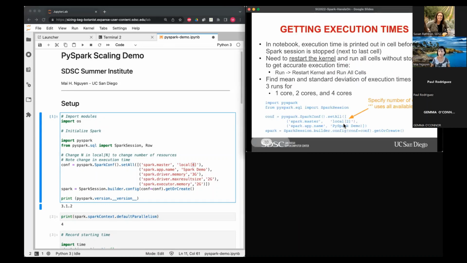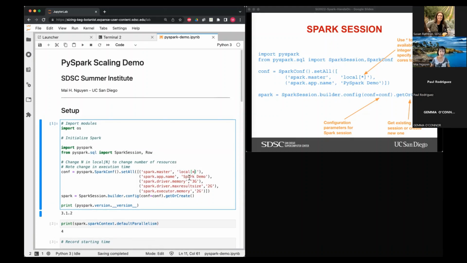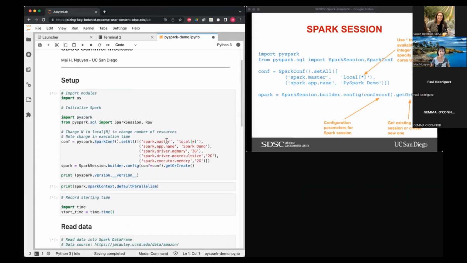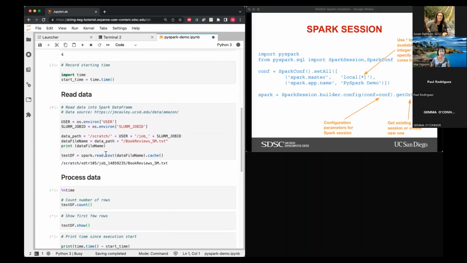So this is what we have just been doing. We changed this to a number of cores, and if you put in an asterisk there, that means use all available cores. So let's try that. When we executed that Galileo command, we requested 4 cores. So when we put an asterisk here, it should use all 4 cores. Let's change that, restart the kernel and run all cells and see if we are using all 4 cores. Yeah, so we are using all 4 cores here.